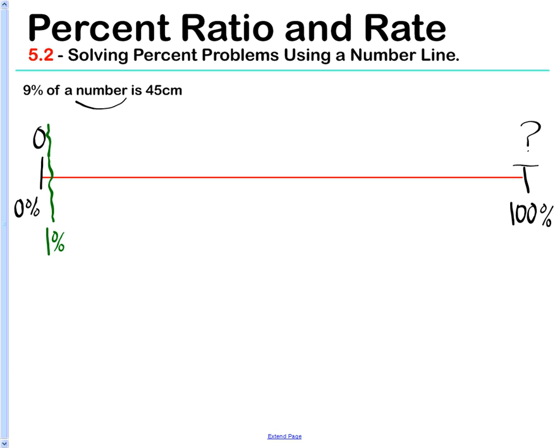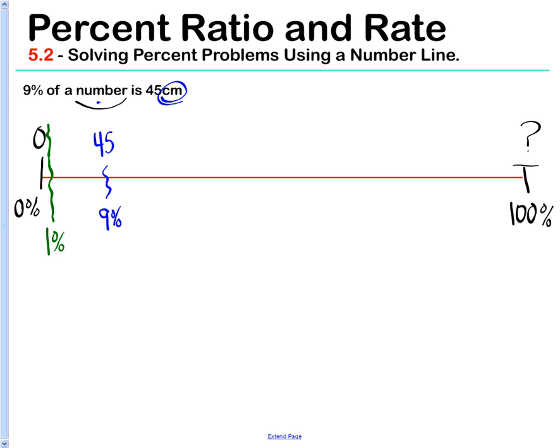We can divide this into 10 pieces or estimate it somewhere around here as being 9%. As long as you identify what it is you're matching it up with, you're good to go. 9 is 45. Okay, you don't need these measurements in there because we're looking for the number, not the unit